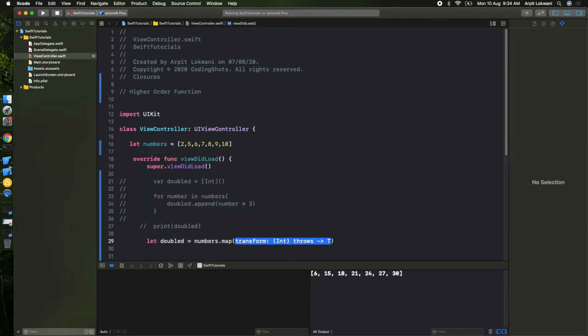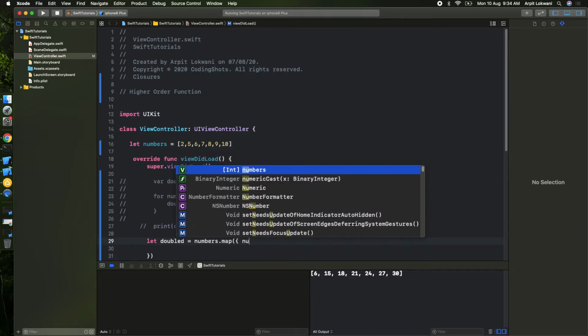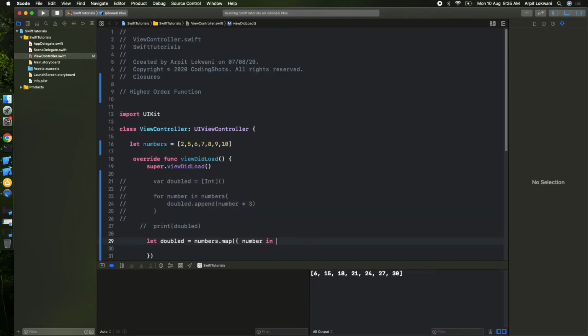Now it is asking what you want to do. I will take number, the same iteration which we were doing, and the return type should be an Int.